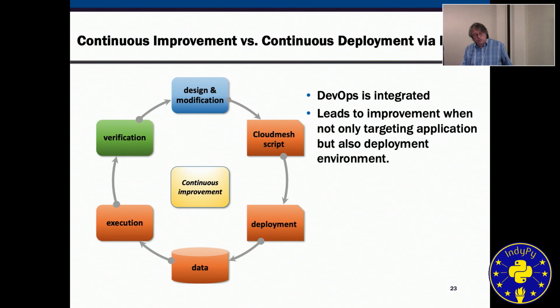This can then be integrated, or this has been integrated in our development for the NIST document, where we did the design decision on the very top, which is our volume. We derived from the volume through our Cloud Mesh scripting a specification and a deployment that we then executed on data, and then we tried them out so that we can verify if that entire process of defining these services does work.